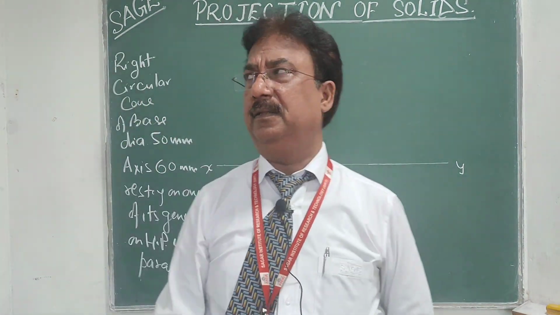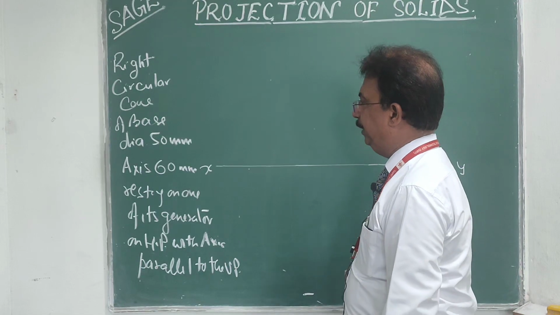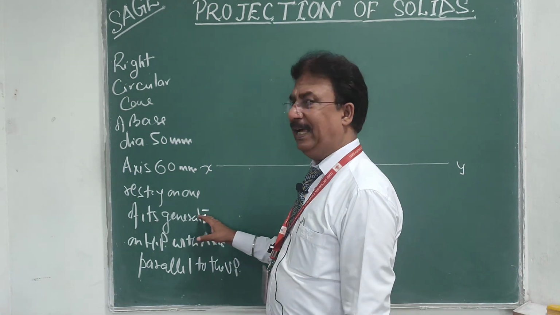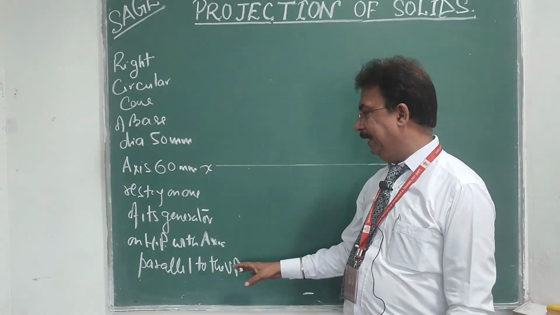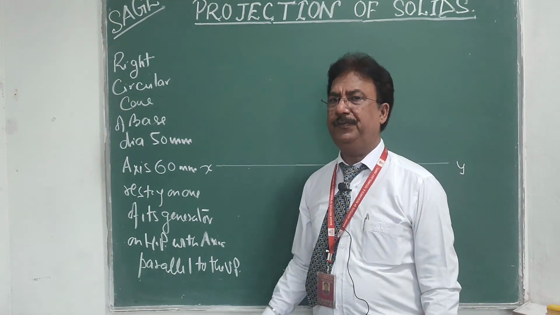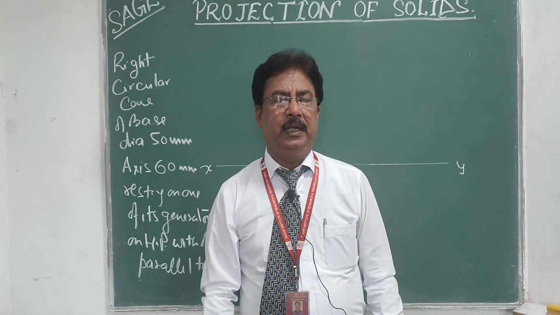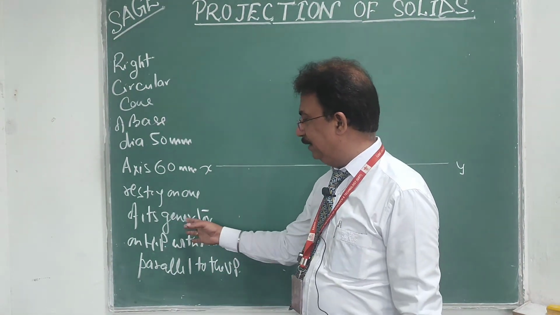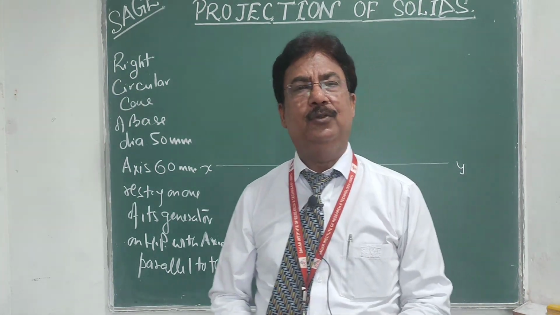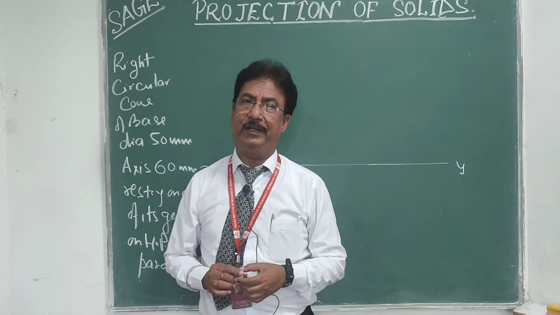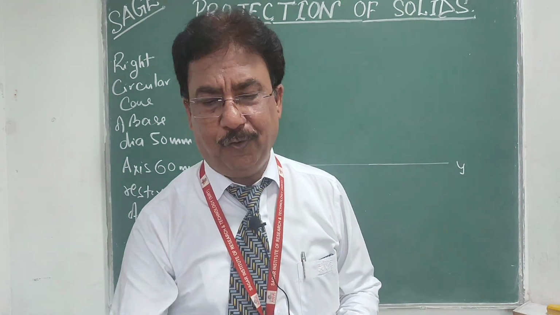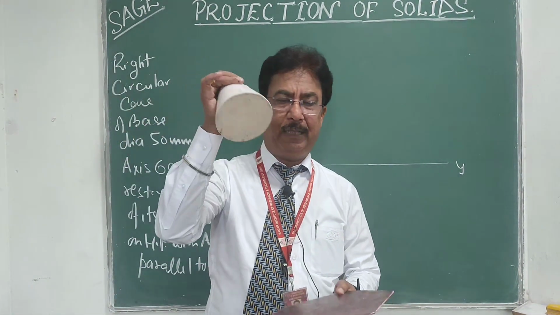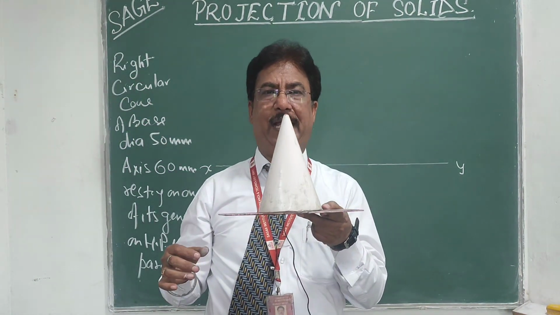What I am saying is that one of the generators of the cone will be on the HP. The concept is, when the generator is on the HP, the axis will be inclined to the horizontal plane and also parallel to the VP. So we will solve this type of problem in two steps. In the initial stage, I am going to keep my solid in the simple position. As we know, generator on HP means axis inclined to HP. So my first step will be to keep the axis perpendicular to HP. Then the best option is to keep the base on the HP. So the starting will be like this.